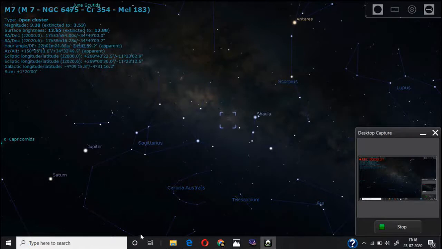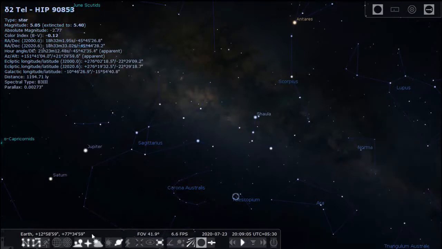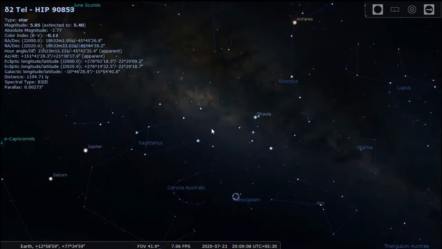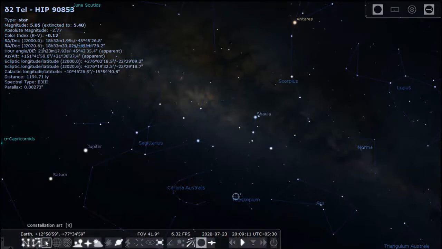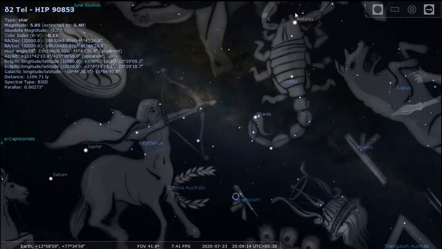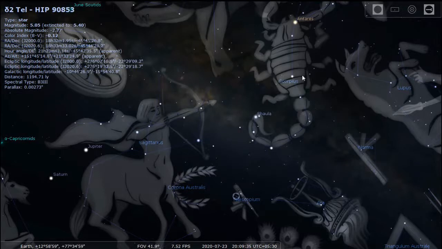So you have various constellations. So the most important constellation which you have to look at is the Scorpius. So this is the Scorpius, which is very easy to locate. There is a bright star called Antares, and there is a long tail and a sting formed by two beautiful stars. So basically we have to concentrate on the tail of the Scorpius,